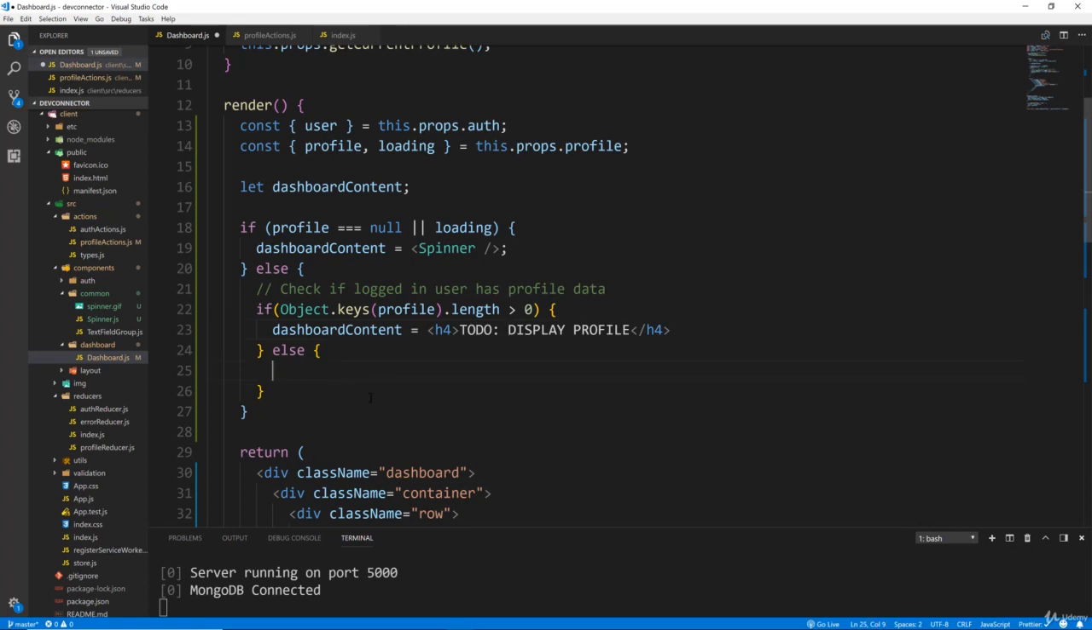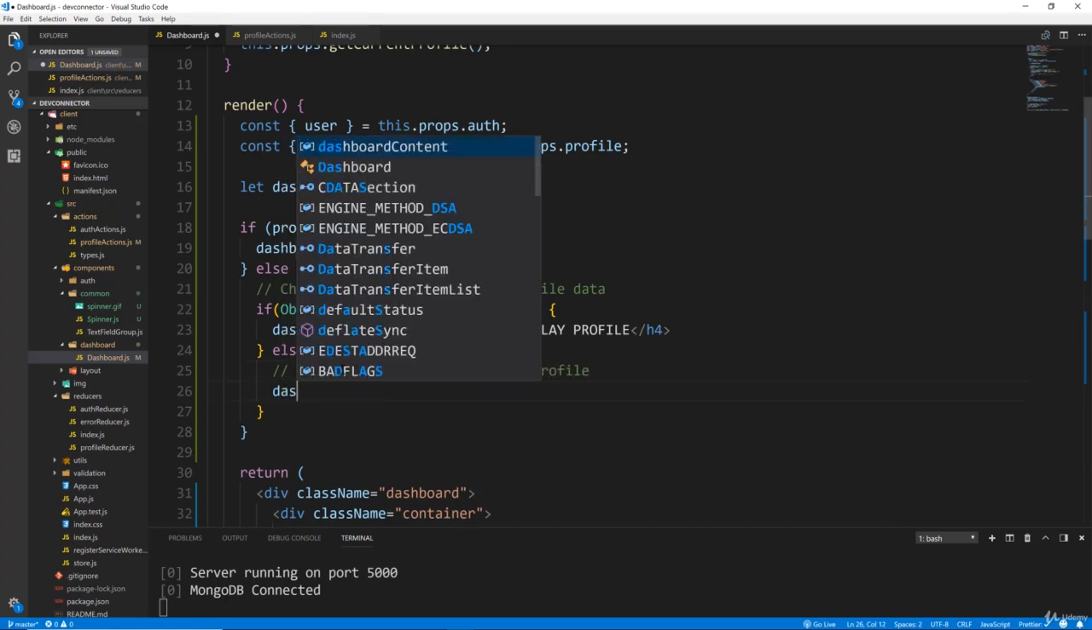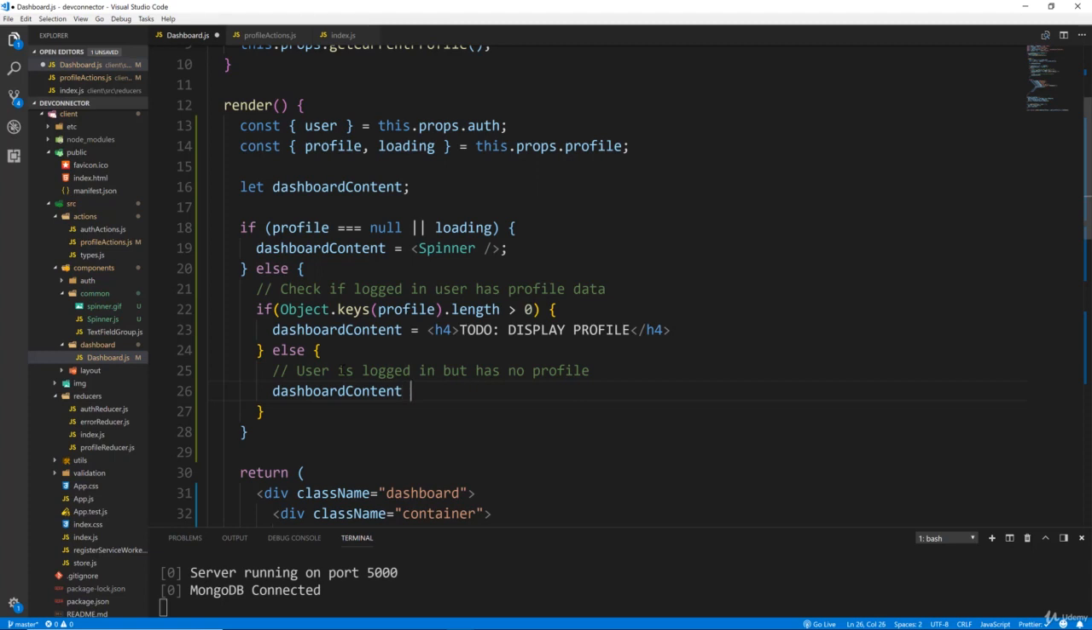What I want to focus on now is if they don't have one, because neither one of our users have one. We don't even have a way through our front end to create one yet. We'll be working on that soon. If they don't have one, let's put a comment here. We'll say user is logged in but has no profile. So we'll say dashboard content equals,